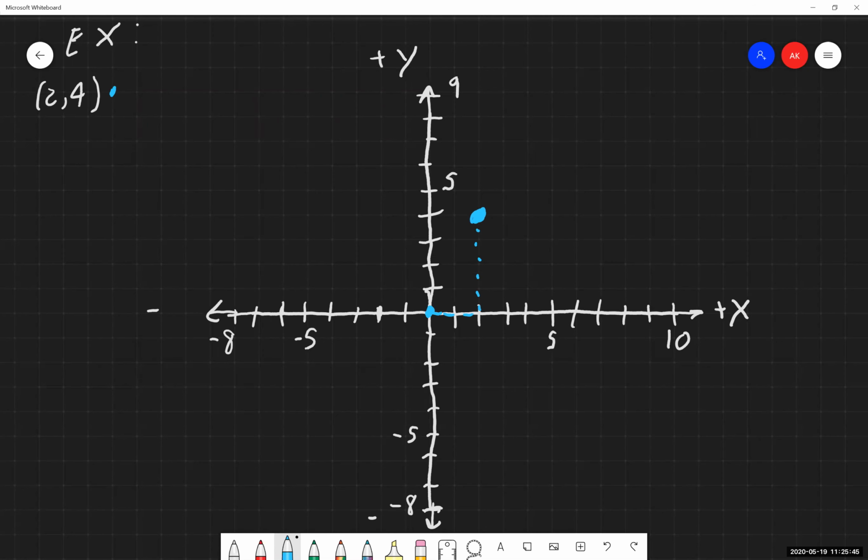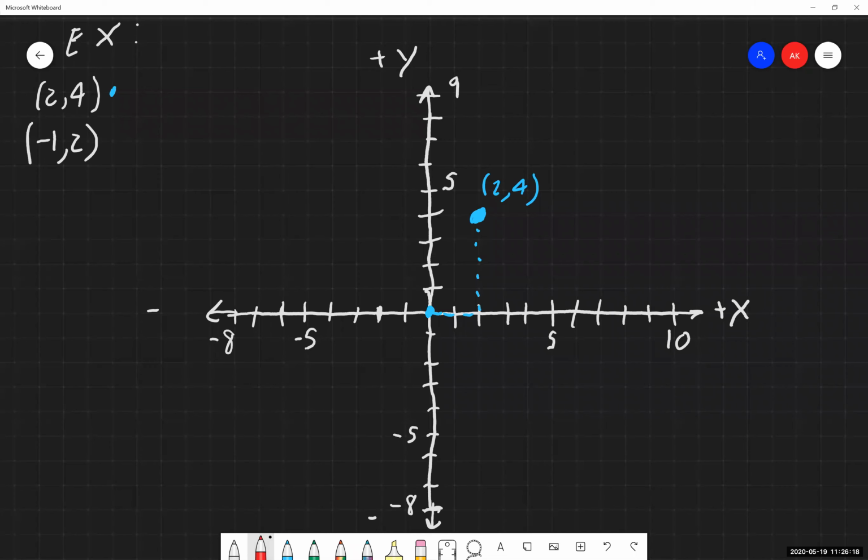I'm going to do a little bit of labeling here just so we keep being organized. There we go. So that's our first point that we've plotted. And again, I'm dotting these things as we're going through them just to illustrate where we're going or how we're getting there. On the test or the homework, you do not need to do that. I just need to see the point at its end result.